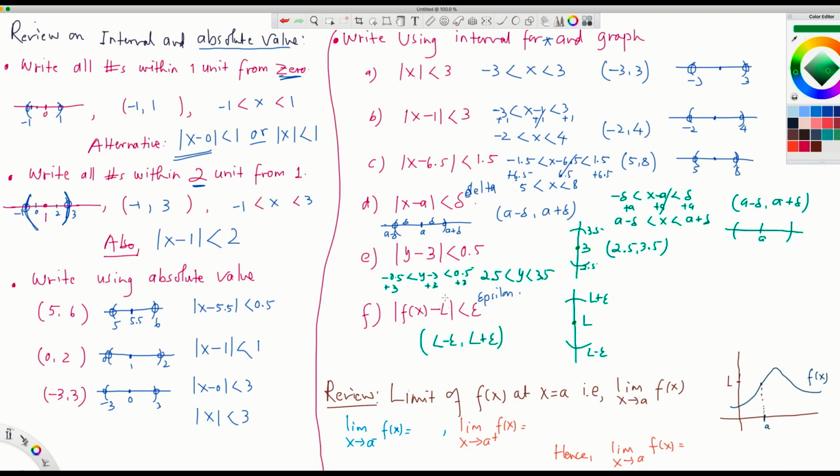You see that? Or if you were to do the math for this, what is given is f of x minus L is less than epsilon, right? So how do I get rid of that? You do negative epsilon is less than f of x minus L is less than positive epsilon, add L on all the sides, plus L. You get L minus epsilon is less than f of x or y, right, is less than L plus epsilon. So in other words, this is the same as L minus epsilon comma L plus epsilon. So this is how you can convert interval into absolute value and absolute value into